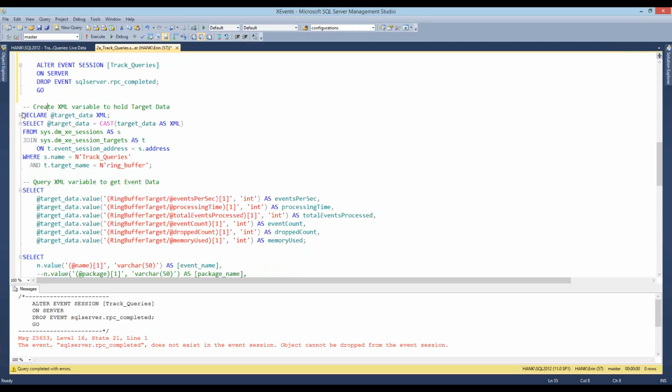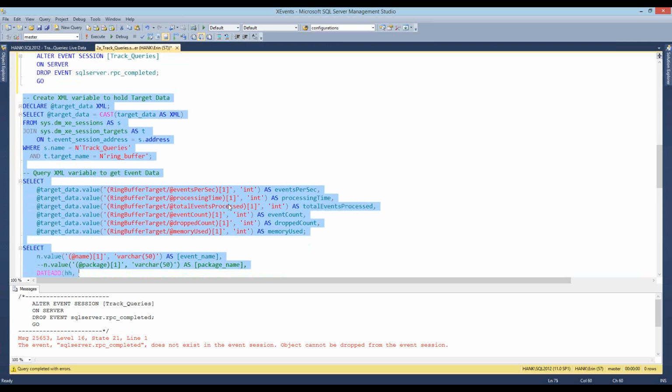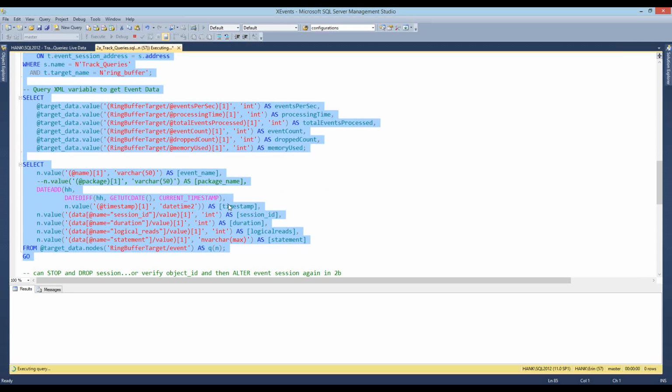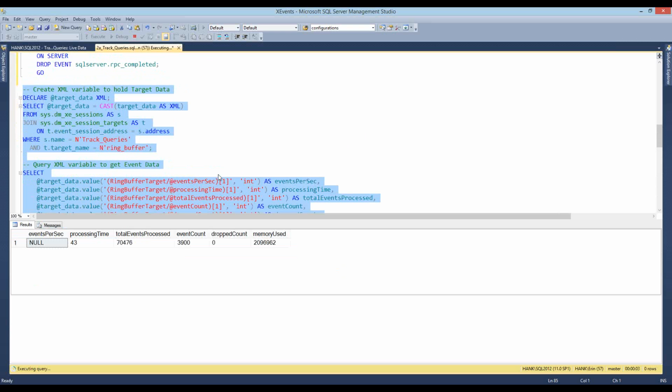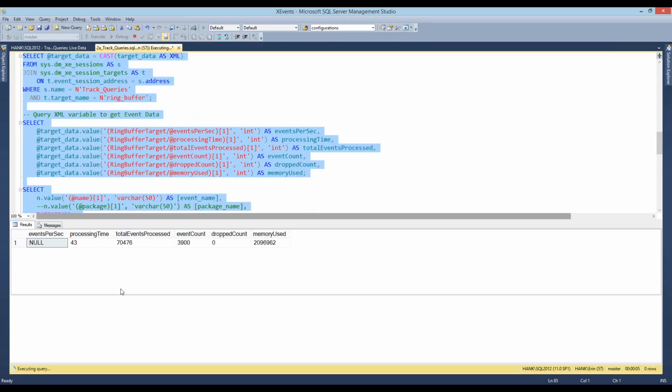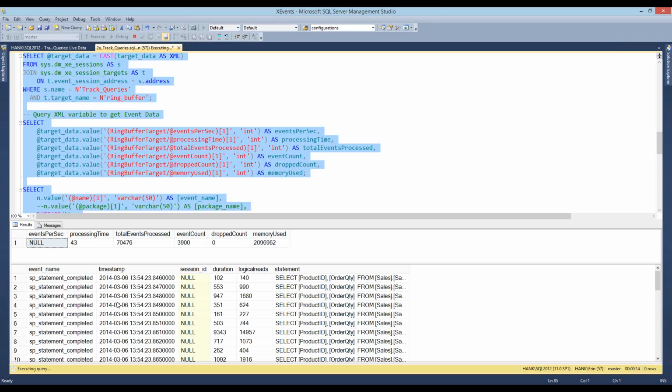But my data still exists in the ring buffer, and I can query it using XQuery. And this is not my code, I admit. Again, remember I told you I don't love it. But you can see that when I start to query it, it's going to take a while for information to start to return. It'll come back, but this is not really quick. I would prefer to work with the flat file.